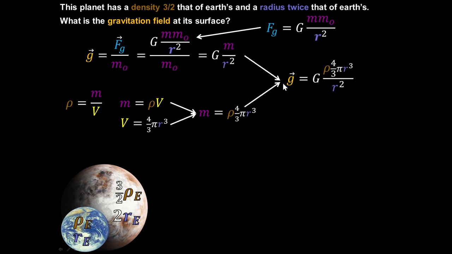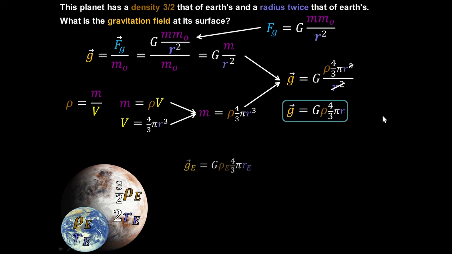That the acceleration of gravity is all this fun stuff here. We can simplify it. The r squared is going to cancel out with the cube and leave just r. So this is how we're going to calculate the gravitational field at the surface of this planet, knowing the density